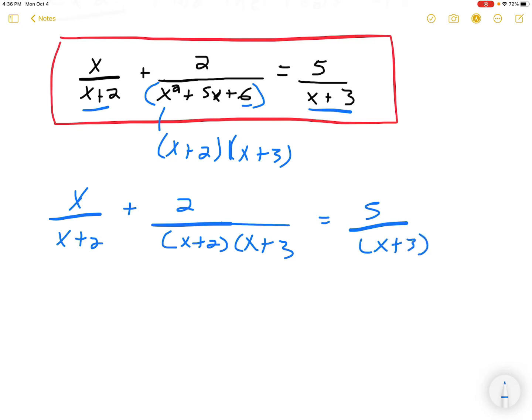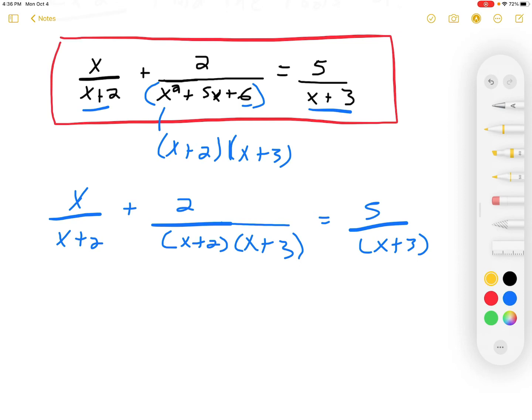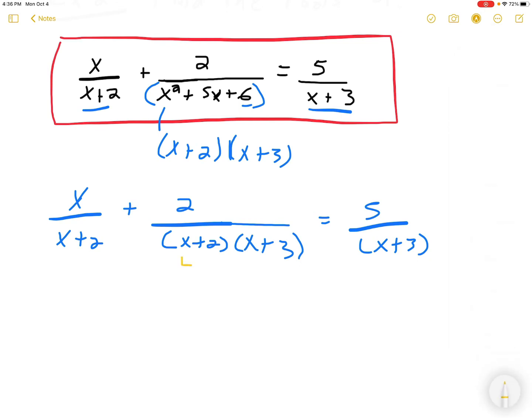Okay, so now that we've got our factors here, everything is in factored form, we can now take that factor, like we did in the first one. The factors from the quadratic are going to be our lowest common denominator. So we're going to multiply the entire equation by x plus 2 times x